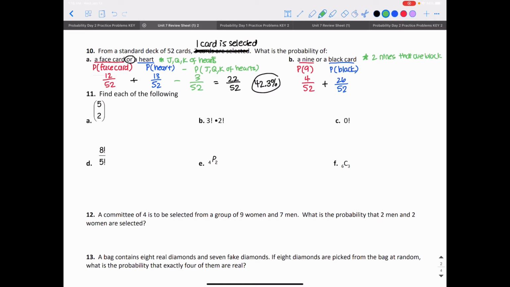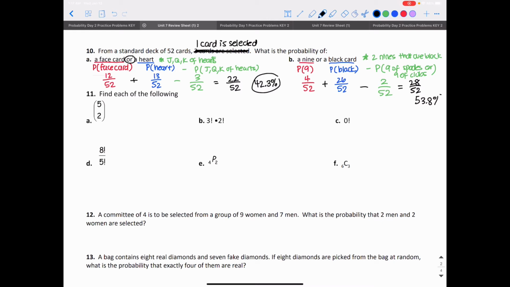And so I'm going to subtract the probability of getting the 9 of spades or the 9 of clubs. And there are 2 of those cards, so the 9 of spades and the 9 of clubs, so that's 2 out of 52. That's the probability of getting those. I'm going to subtract that, and then I'll end up with 28 over 52, and if I divide that, it is about